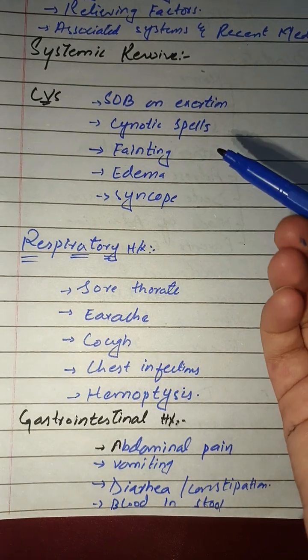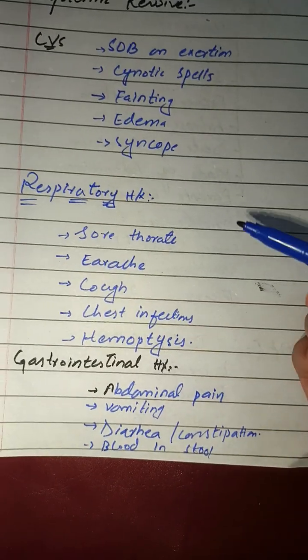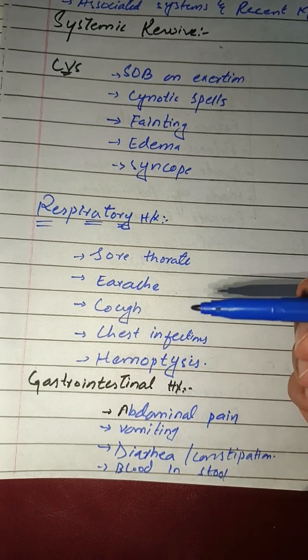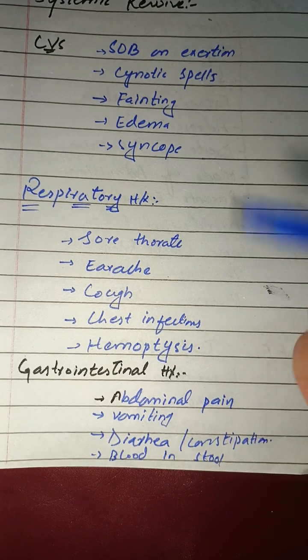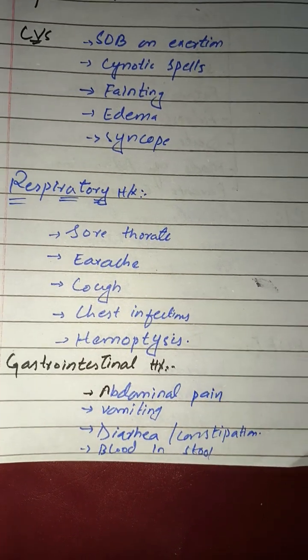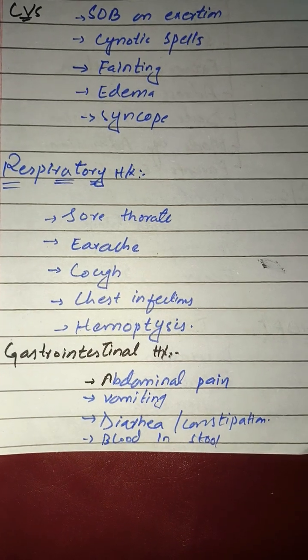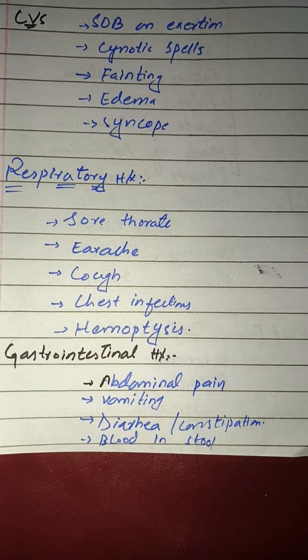We have to ask about fainting, edema, and syncope. In the respiratory system, we have to ask about sore throat and examine the throat of the patient. We also ask about earache, cough, chest infection, hemoptysis. In the gastrointestinal system, we have to ask about abdominal pain, vomiting, diarrhea or